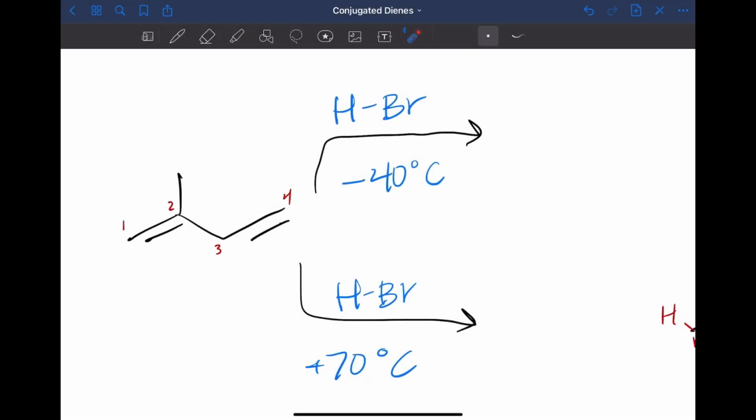All right, so I want you guys to look at this example that I drew out for you all and determine what our products will be given the 2 conditions we have. So we have negative 40 degrees Celsius and we have positive 70 degrees Celsius. What do those 2 things mean to you all in relation to the kinetic and thermodynamic products that we were talking about? If you said that the negative 40 degrees Celsius would yield our kinetic product, that would be correct,